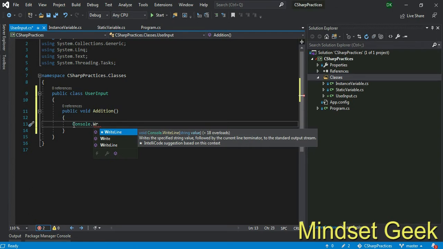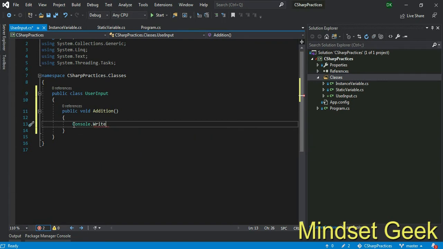If I use WriteLine, the user enters the value on the next line. That means when the WriteLine command executes, it runs your program and adds one more line separation, right? Okay, that's why I use Write. The reason is I want users to enter the value on the same line, right? Enter